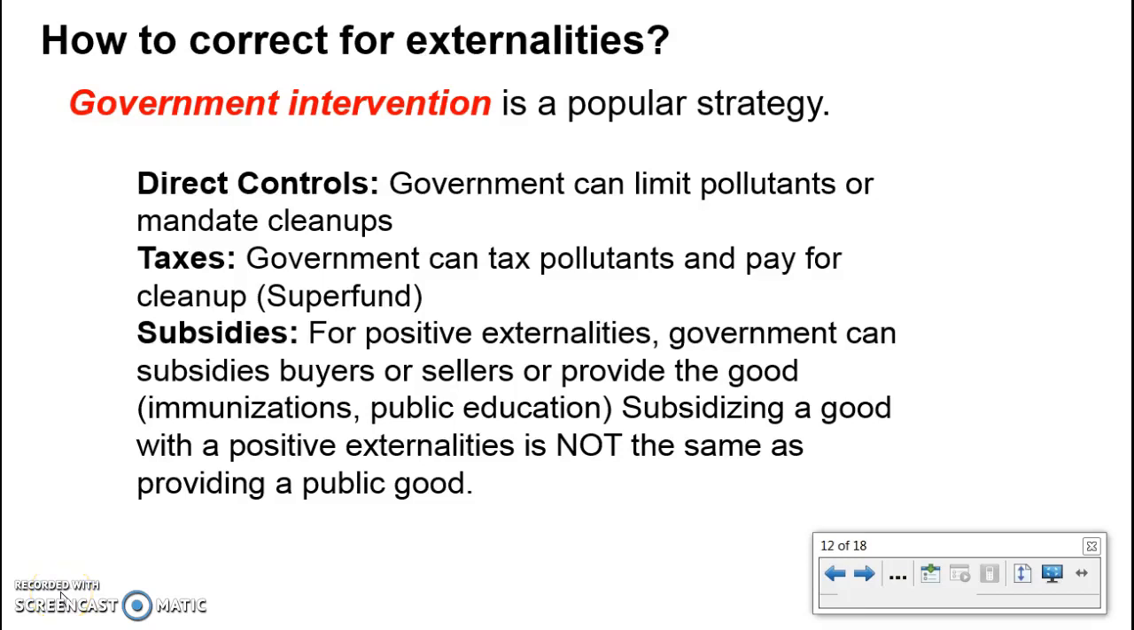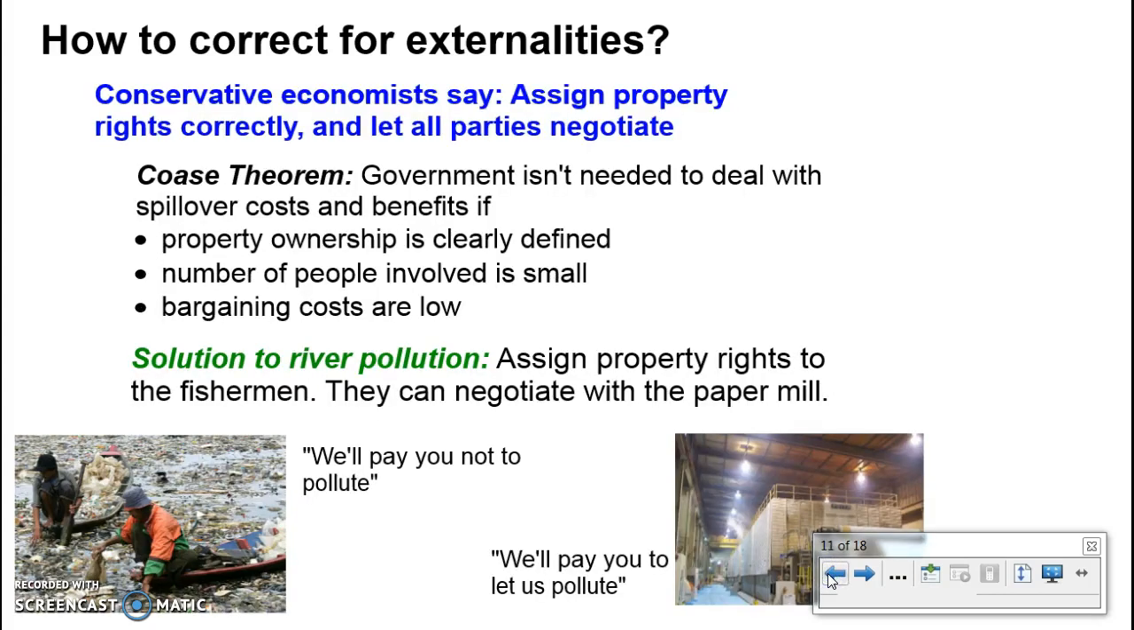We're going to talk just a little bit more about correcting for externalities and different views on how those can be corrected, and also other types of market failure. So when we left off in class, we had discussed a little bit about how to correct for externalities, but